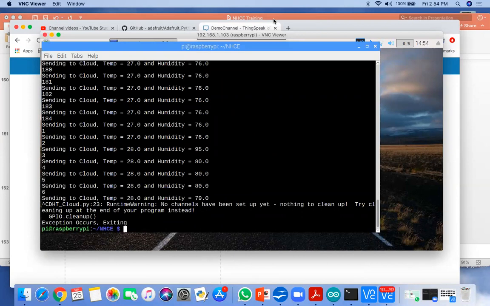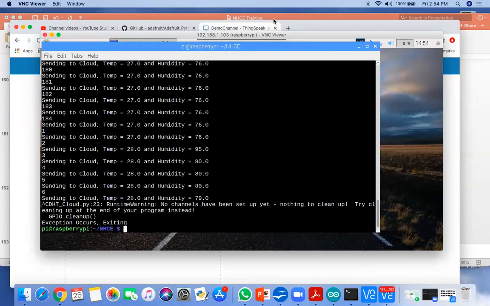So that's all from this Raspberry Pi and IoT. This is the only thing I have to deliver on this topic, Raspberry Pi: how to access the internet through the Raspberry Pi and how to upload the values.